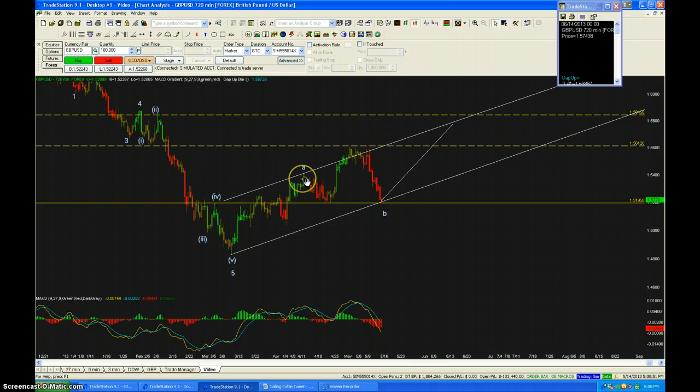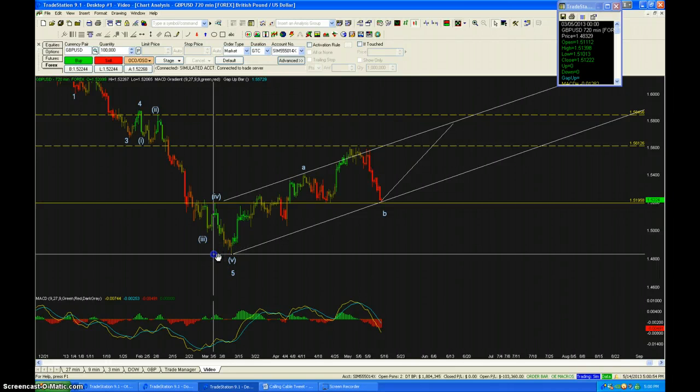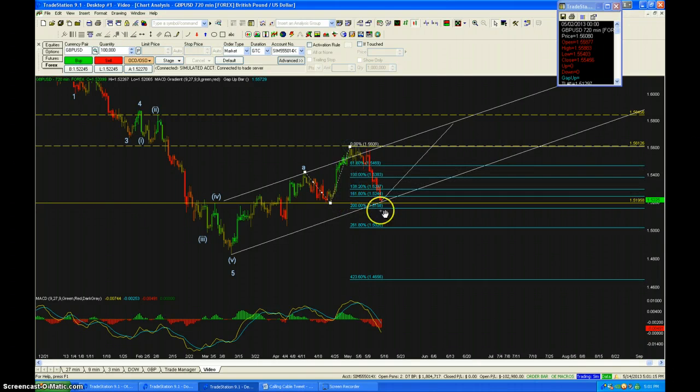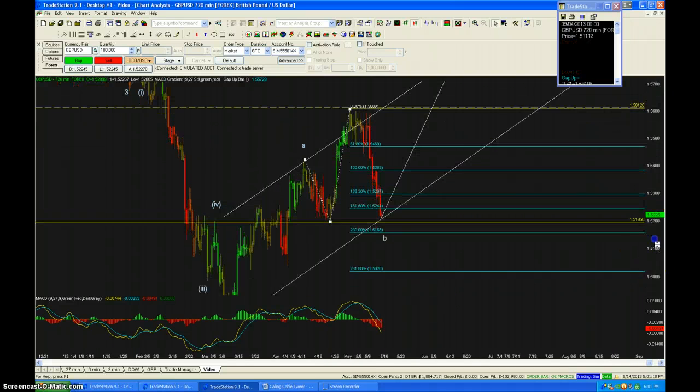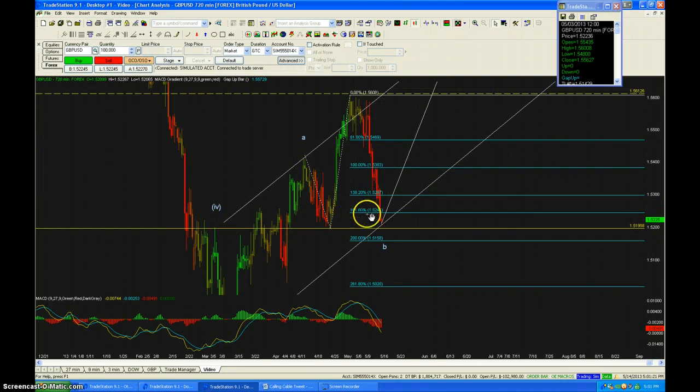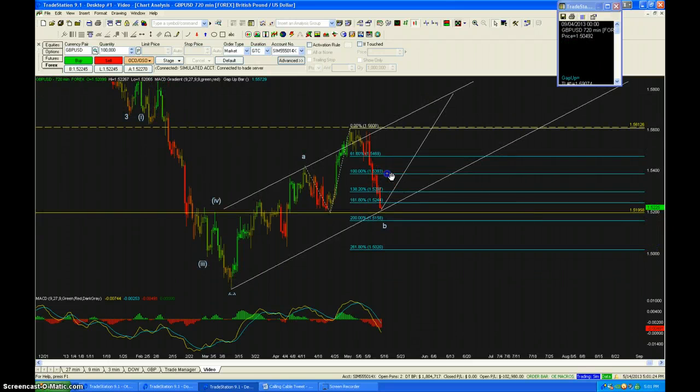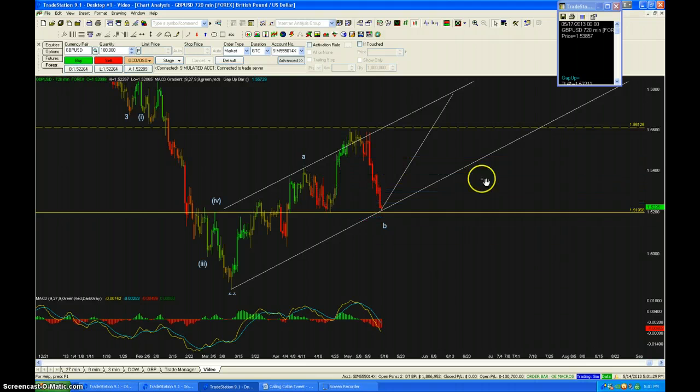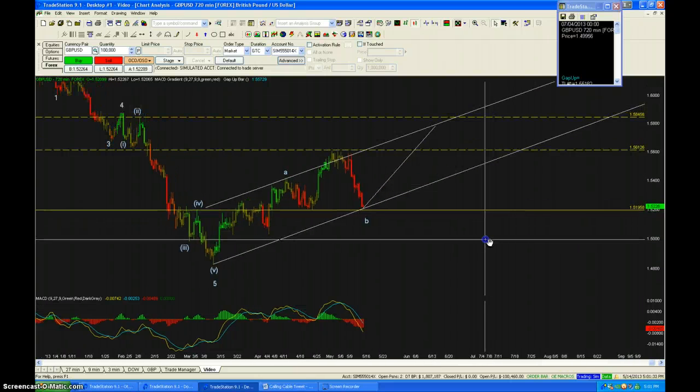Now, if this A wave is 5 waves, then per Elliott Wave principle, whatever the B wave correction, it cannot come below the origin of the A wave, which is right here. So that's it for today. One last thing. If you see the relationship of this lesser degree A to C, you'll see that right there, C has surpassed 161% of A, which is a fairly common relationship of C relative to A. So I think this is what I'm going to default to.